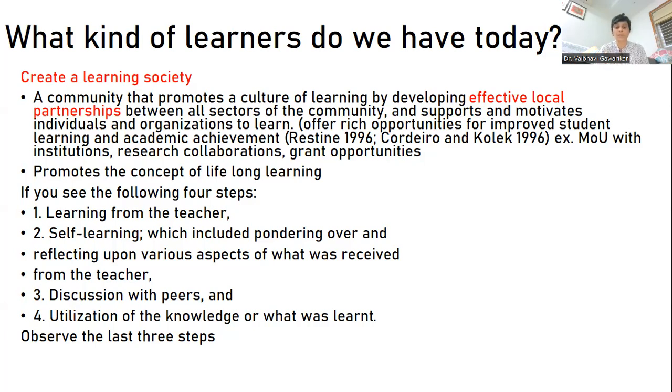And the fourth step is utilization of the knowledge or what was learned. So all these 3, and then the fourth is, finally, what is the learning that you carry out of that class. That is what the 4 steps should be in any learning institution, or to create a learning society. This must be the 4 steps. And if you observe the last 3 steps, you'll see that it is more about the learner taking ownership of learning: discussing, researching, finding out, exploring, talking with experts, sharing that, and then finally concluding it. That's where we are talking about learner autonomy.